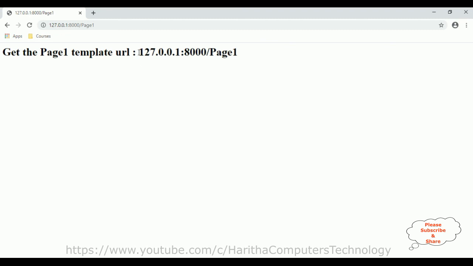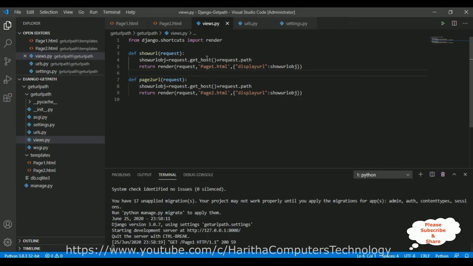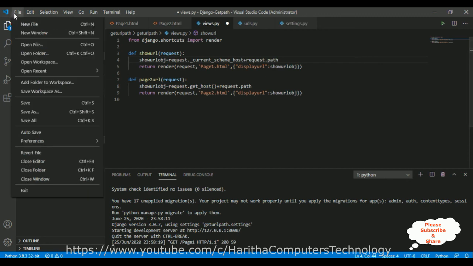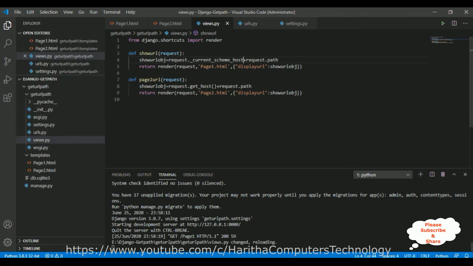Suppose if you want to get the absolute host name, which includes the HTTP also, for that let's switch over to the views page. Instead of get_host, let's add build_absolute_uri. Now let's save this file, save all. We'll check the output.